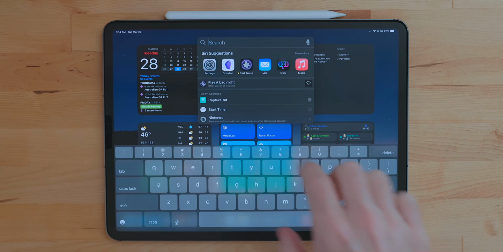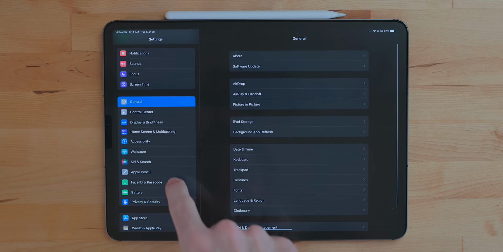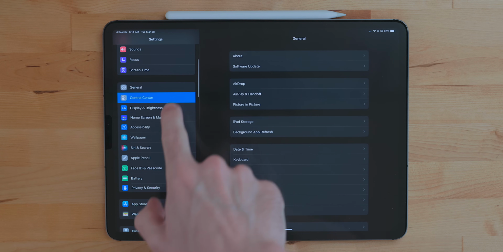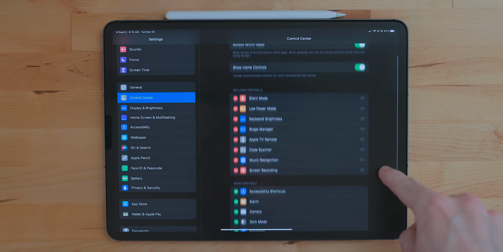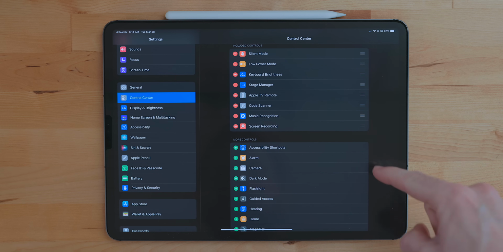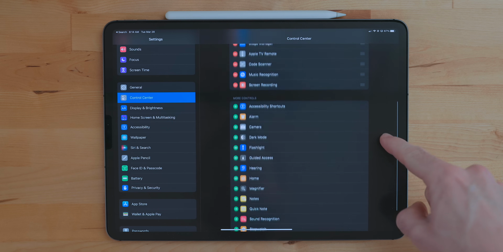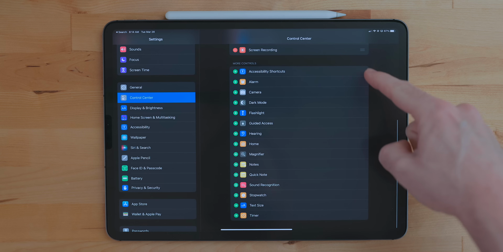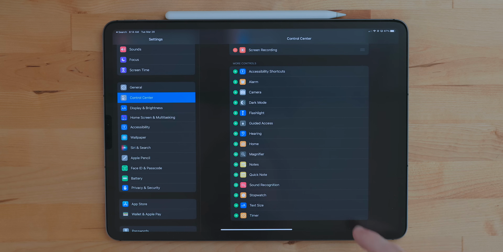You can go into Settings, Control Center, and add and remove items from Control Center. There's some pretty handy stuff in here, like home controls, Apple TV remote, music recognition, screen recordings, accessibility shortcuts, hearing, which allows you to control the system background audio feature, timers, keyboard brightness for controlling the Magic Keyboard's backlighting, and